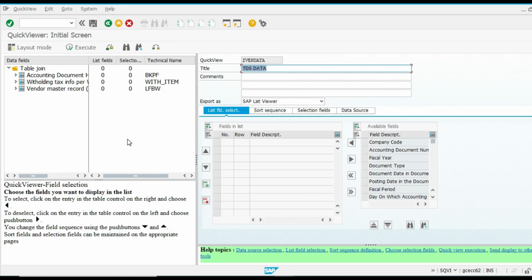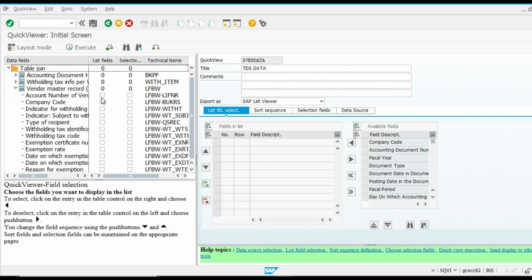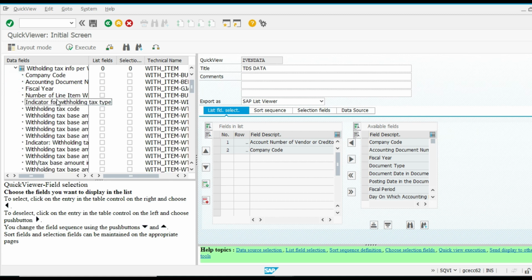Back. So what fields are we going to take? Account number of vendor, company code, indicator. We are not going to take this one, just only two.